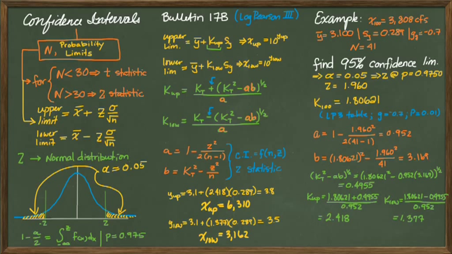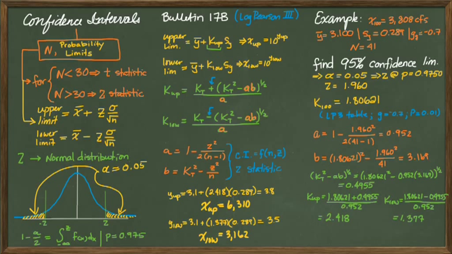So what this result tells us is that we estimate that the 100-year flood is 3,800 CFS. If this calculation were run an infinite number of times, let's say a lot of times, we expect that 95% of these calculations would give us a value between 6,310 and 3,162. So that's what this really tells us, is that if we were to repeat this calculation over